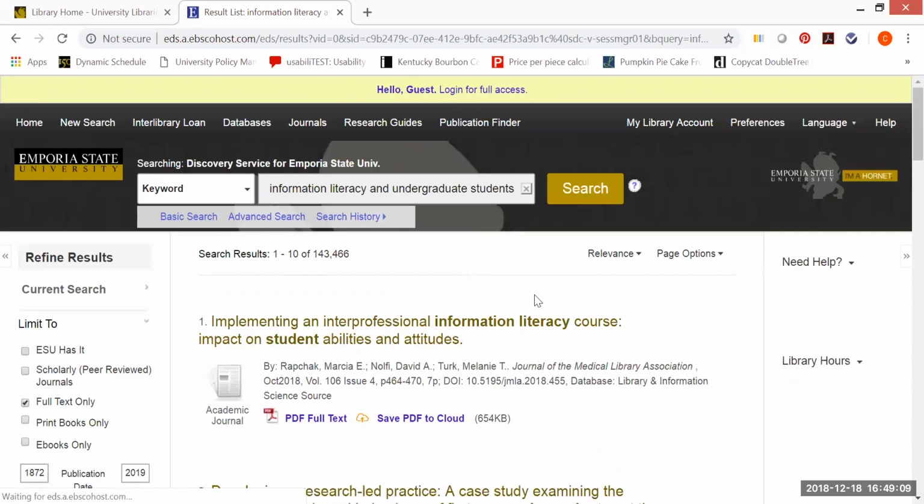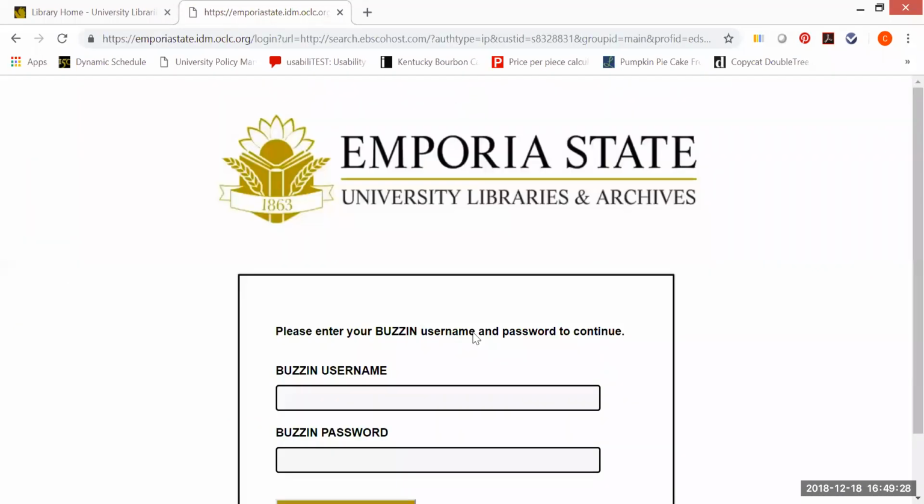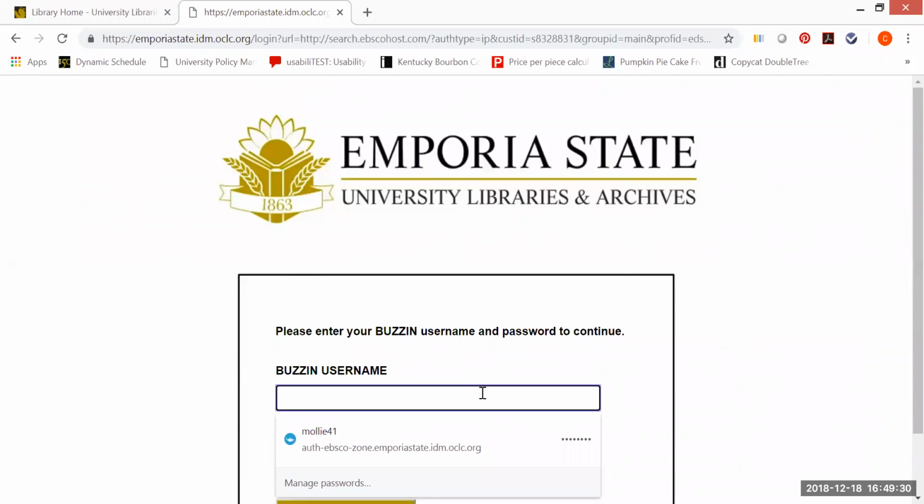Now, I very deliberately did a rather broad search, and there's something I wanted to show you right off the bat. I am actually searching off campus, and the reason I'm doing that is that that's also where you're going to be. You're not necessarily going to be on campus doing this type of search. You'll notice up here at the very top of the screen for the Discovery Search, you'll have a link that says, Hello Guest, log in for full access. Always go ahead and click on that,